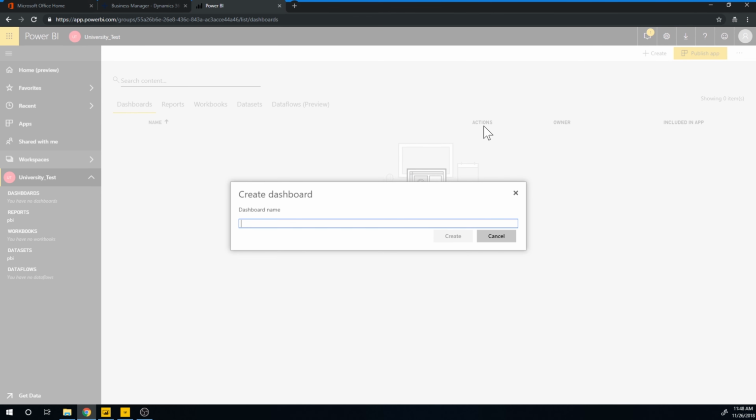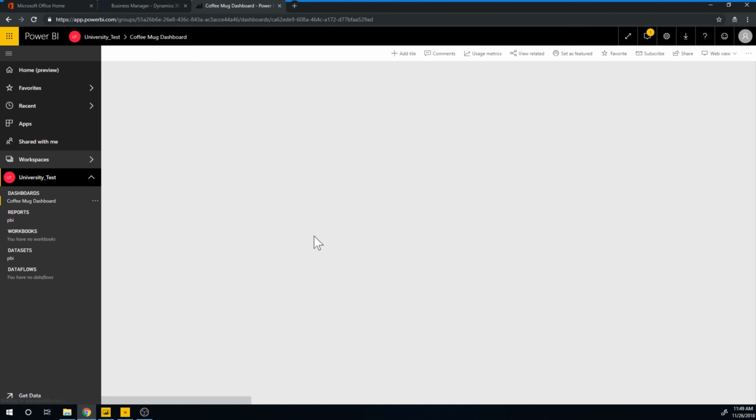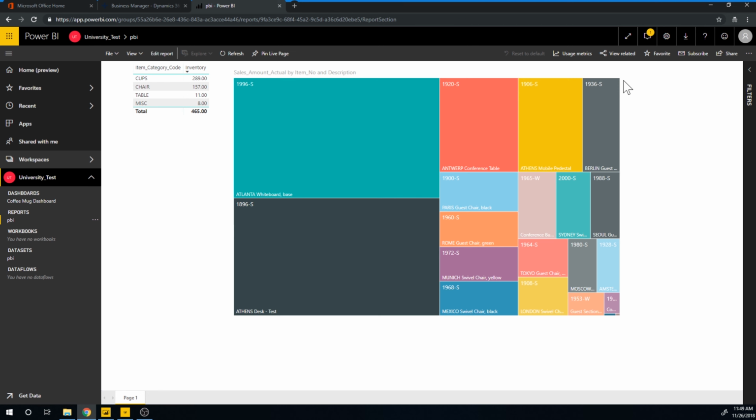So if I create a dashboard, I'm just going to call this coffee mug dashboard. Let's create that. Now I have this, and there's nothing on the dashboard. I have nothing in here. I just created an empty container. So I can go into the report here,